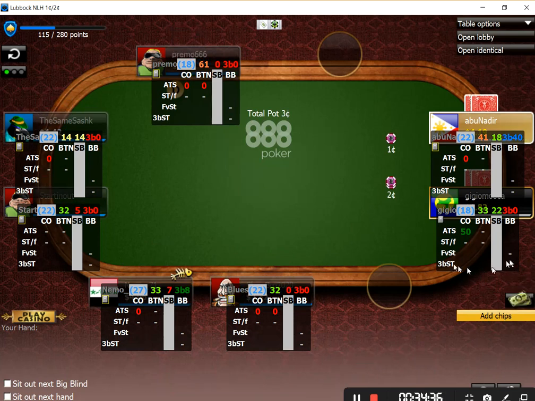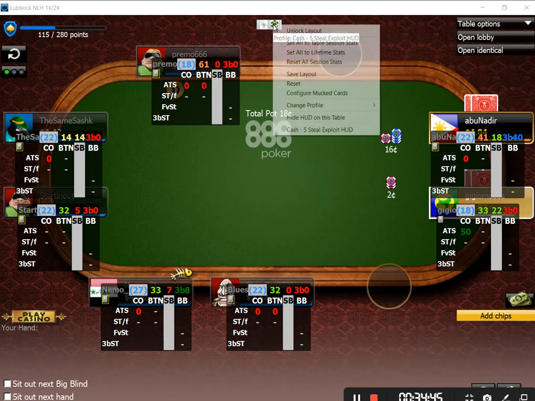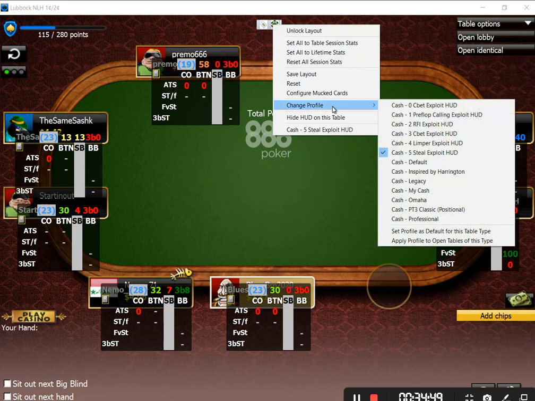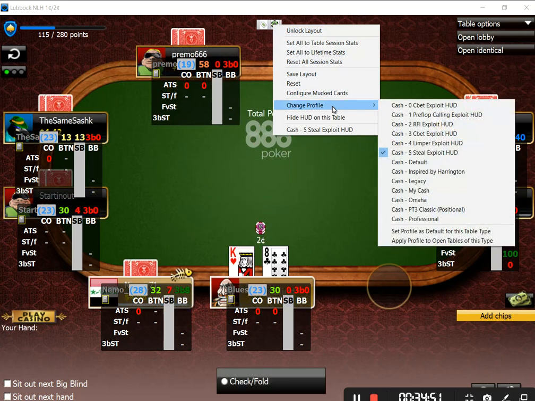Or, sorry, cutoff, button, small blind, big blind. So we've got those 3 positions. Depending on what your game is focused on, there are some amazing tools here, and that's just the ones that he gave me. There are also a number of HUDs that